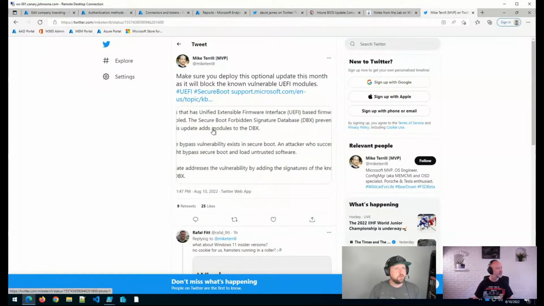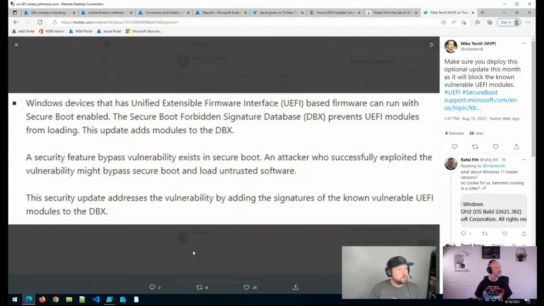There we go. So it looks like it's just an optional update related to UEFI and secure boot. A security feature bypass vulnerability exists in secure boot. An attacker who successfully exploited the vulnerability might bypass secure boot and load untrusted software.